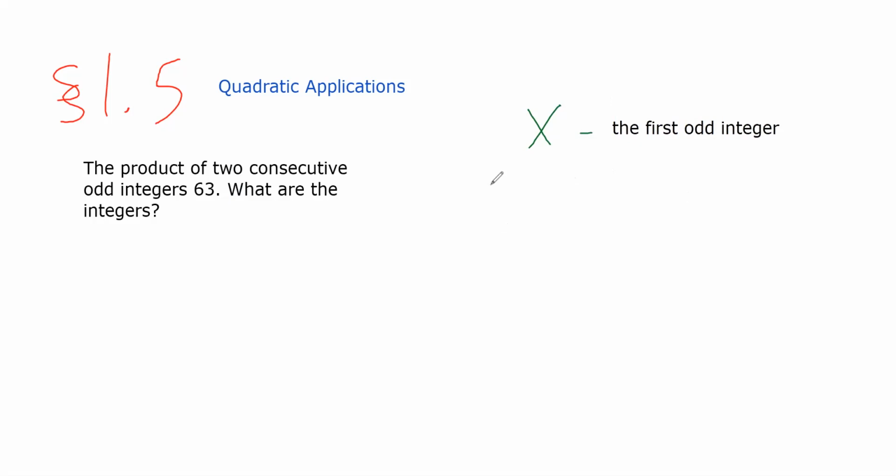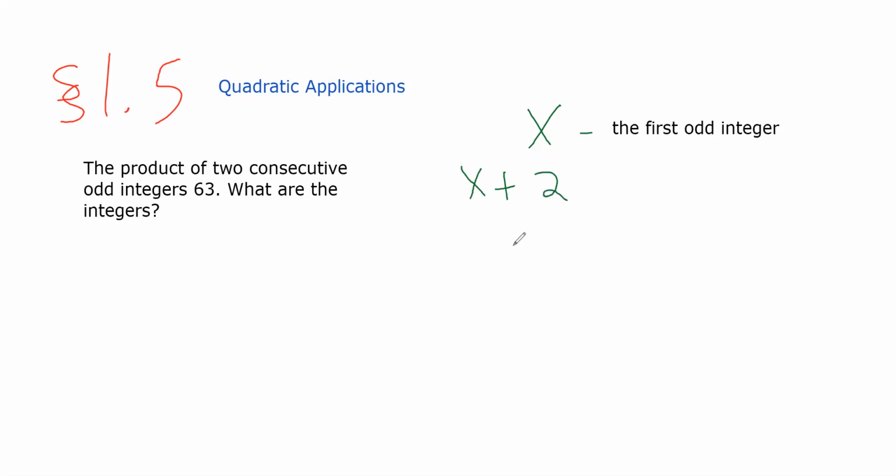So we'll call x the first odd integer that we need to find. Now we could call the next one y. We're tempted to just call it y because we have a second number. It's not the same as the first number. But notice they're consecutive odd integers, meaning there's a relationship that exists between them. If we try to use a y in there, we're introducing a second variable, and that means that solving it is not going to be as easy as you'd think, not without more information. So instead,